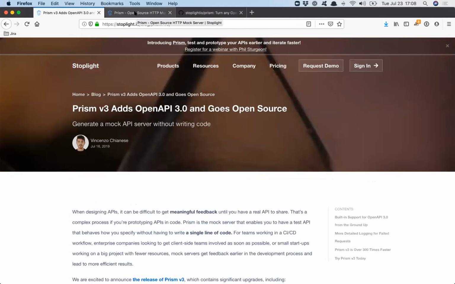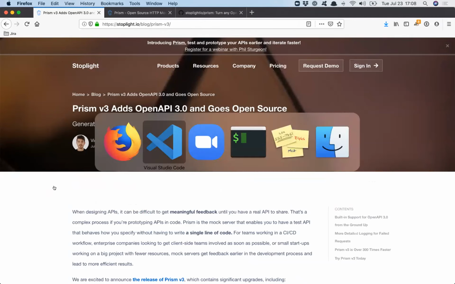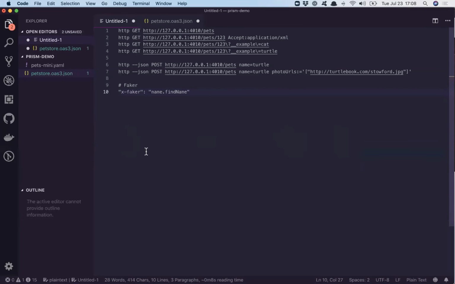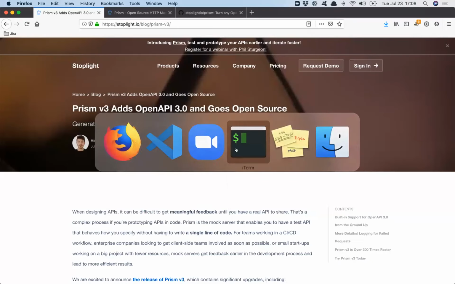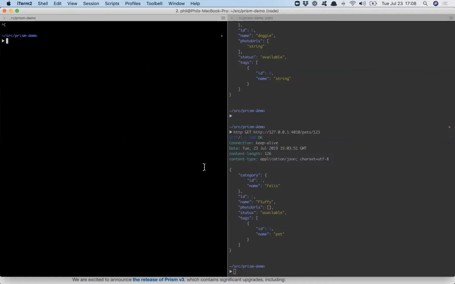Cool, thank you. Yeah, Prism, it's been around for a while. We had version 2 that was closed source, and that was written in Go. So some people might have used it, but you might not have seen much of the source code or know too much about it. And some folks are getting excited now purely because it's open source. So I'm going to give you a little demo of how this whole thing works.